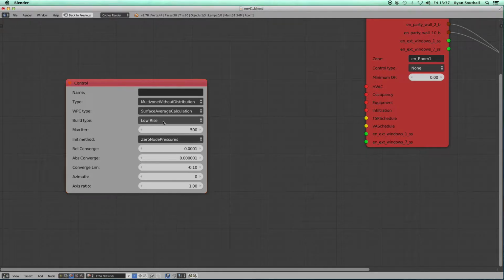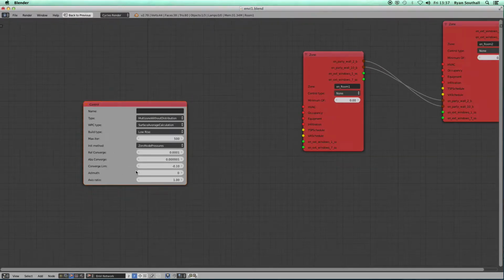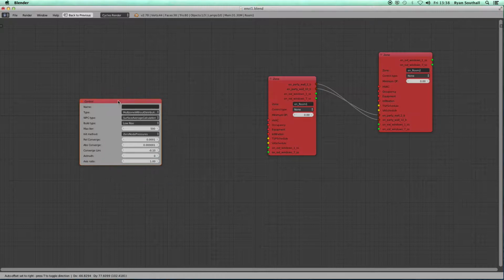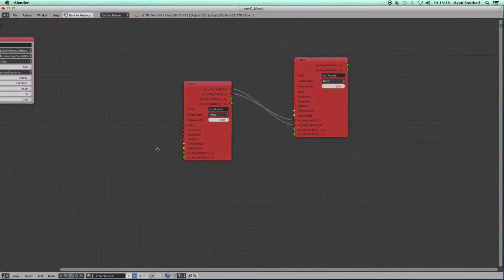And when we pick this one, some of the options, like whether it's a low-rise building, the azimuth of the axis of the building, axis ratio, for example, becomes important. And refer to the EnergyPlus input-output manual for a better idea about what these options mean and what the correct setting might be for your particular situation. But that control node just sits there, doesn't need to be connected to anything, just defines the overall airflow network